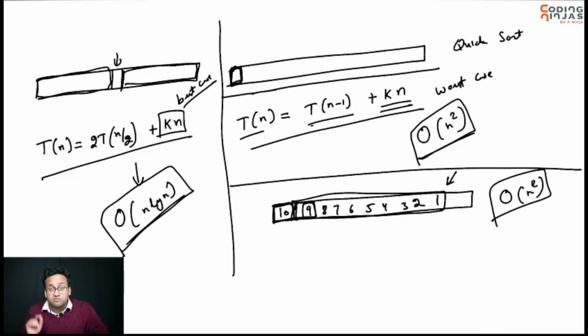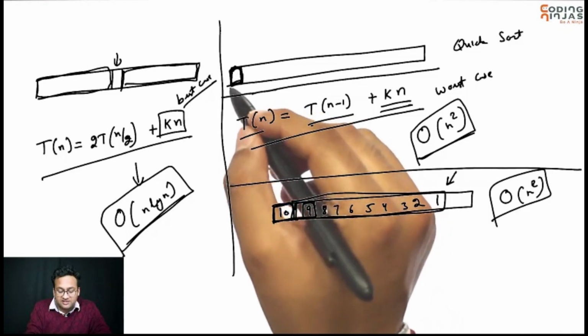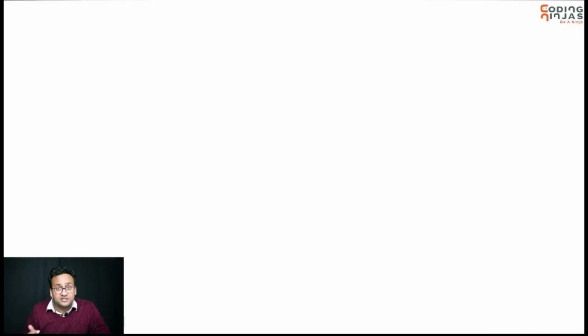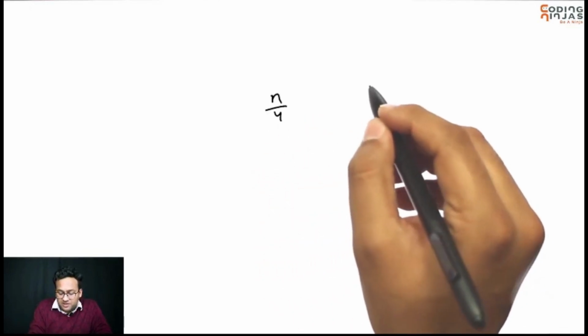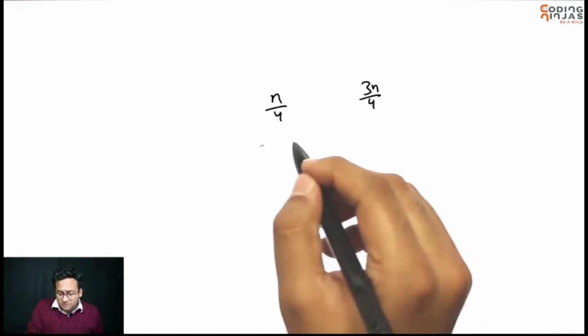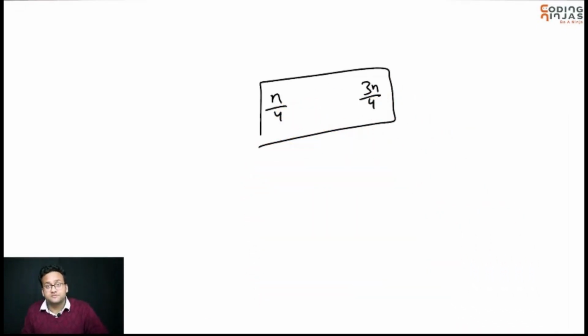Okay, so in case of quicksort, because of this randomization, we will not assume that we will keep hitting a case like this. So how can I assume that I'll always hit the best case? No, I will not assume that I'll always hit the best case. On an average, I can assume that my split will be something like this. Not the best case where n by 2 is happening, not the worst case where 1 and n minus 1 is happening. Even if I get a split like this, and if I get a split like this,